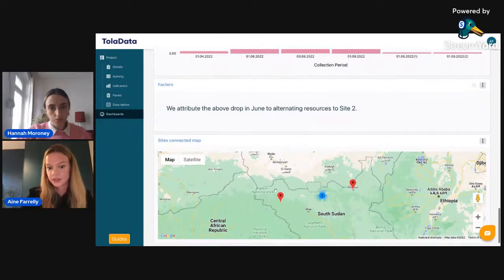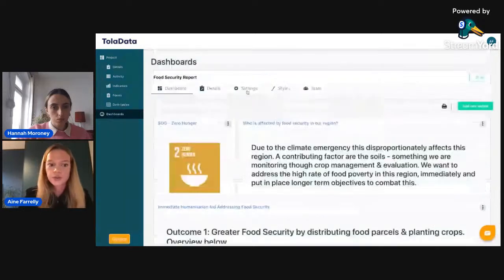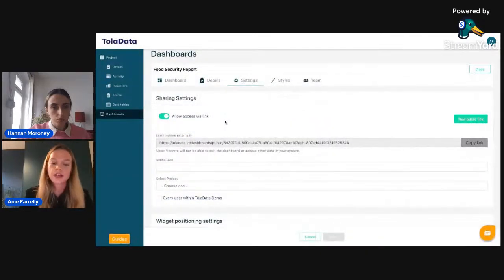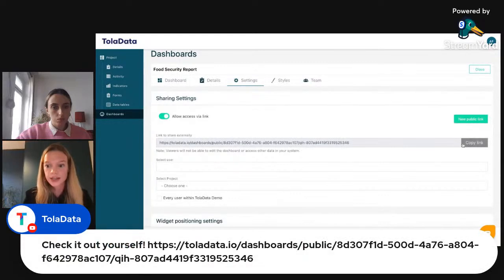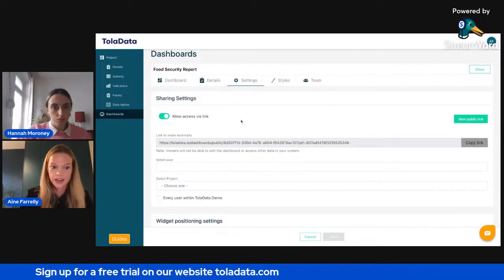And then finally, you can see a map here of our different points. With this as well, just to reiterate for the data protection, you can change the sharing settings. So I can share that within my team, or I can share it outside TolaData. So I can copy that link, and I think Sive even has this link that she can share with you in the comments. So if you share this outside your network, they don't need to have a license to see it, and you can also turn off and turn on access to that.